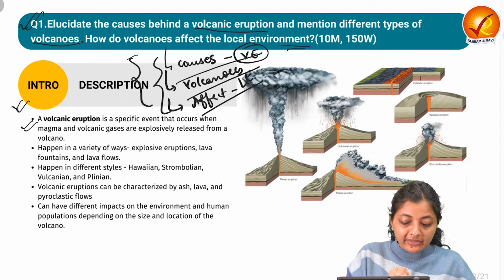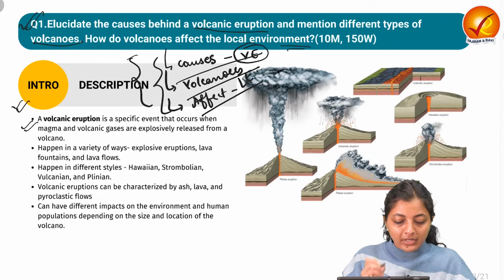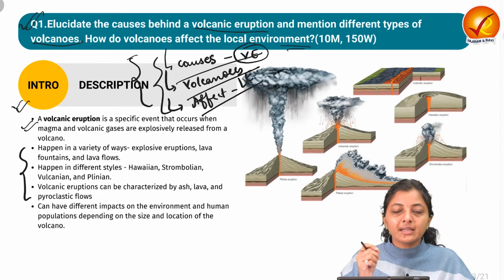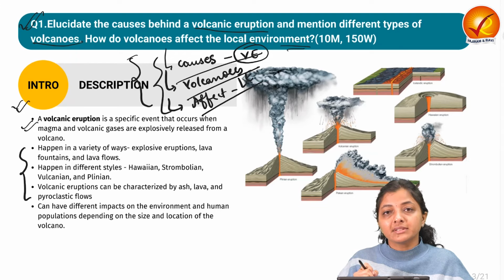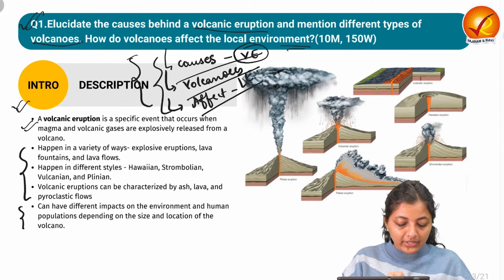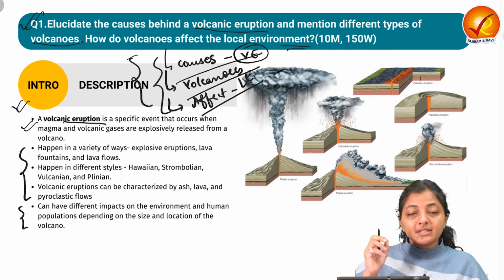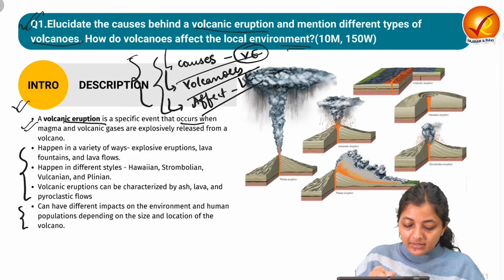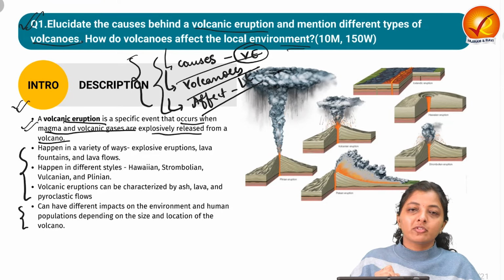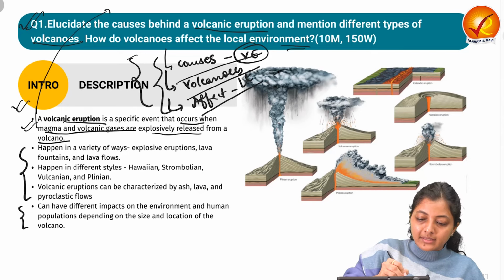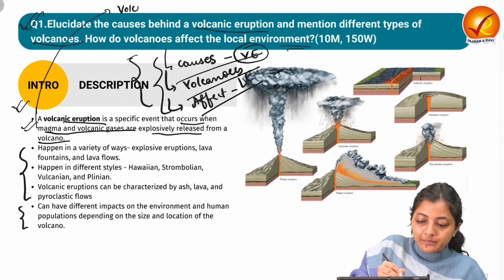We can talk about the definition of the volcanic eruption. We can talk about the different types of volcanoes, how the volcanoes differ due to their difference in the magma sources and how it can impact the local environment. So the volcanic eruption is a specific event that occurs when magma and volcanic gases are explosively released from the volcano. There are three things: volcanism